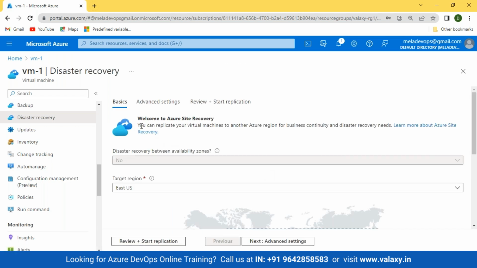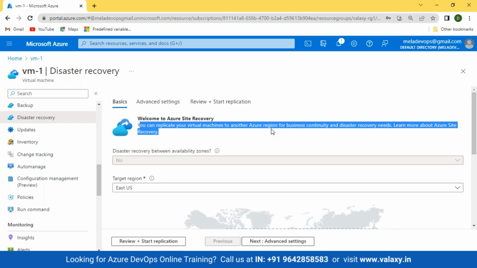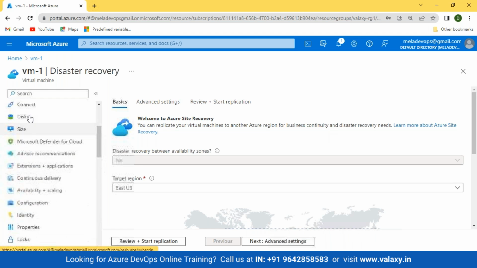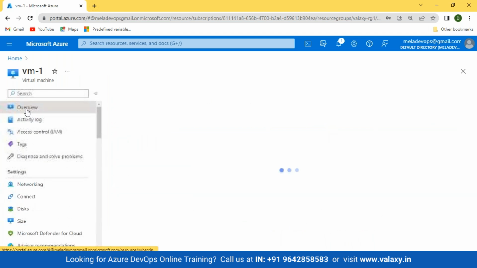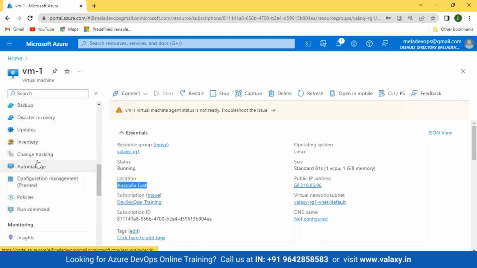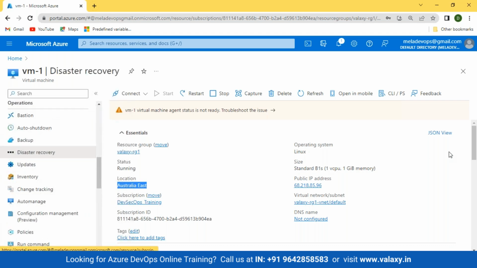you can see you can replicate your virtual machines to another region for business continuity and disaster recovery needs. Which region have you created your resources in right now? You have created in Australia East. Wow, we have created in Australia. That's okay. So now if you come down to your disaster recovery,